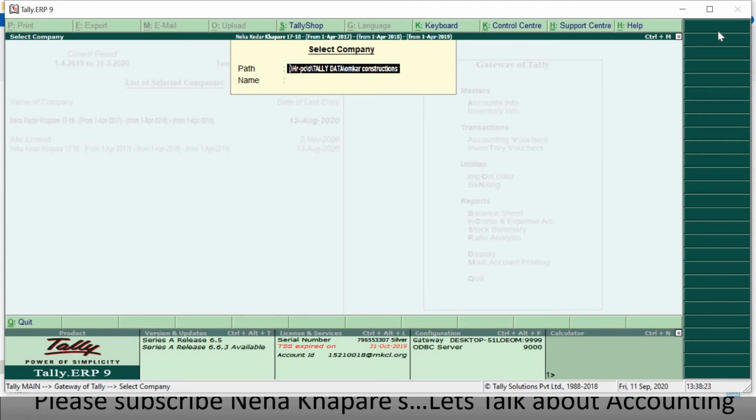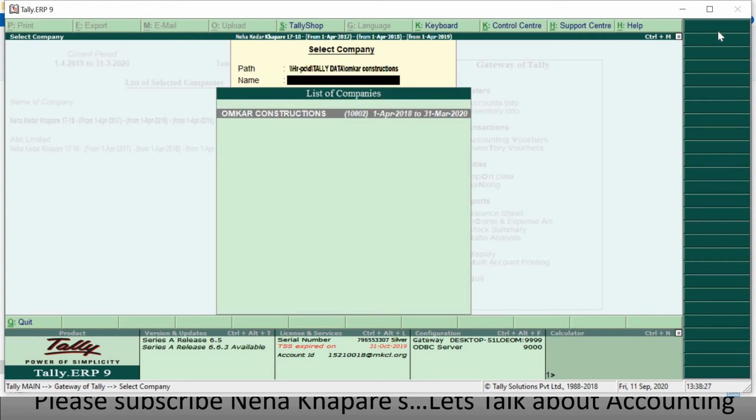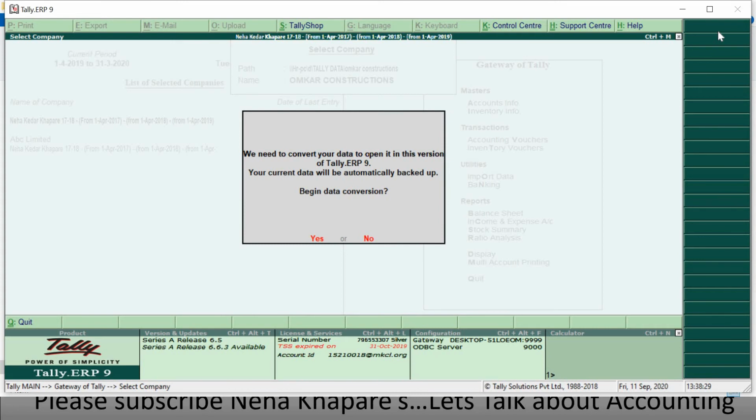If I press enter, they will ask me that we need to convert your data to open it in this version of Tally ERP 9, and I have to say yes.